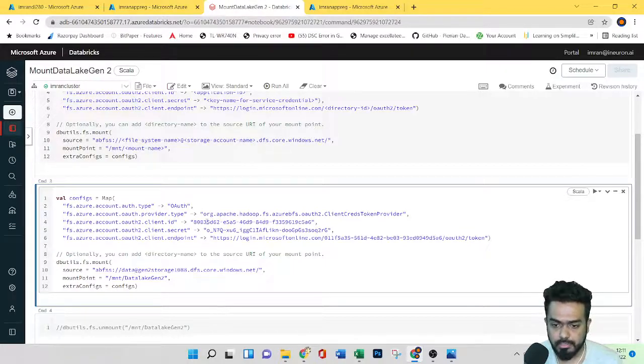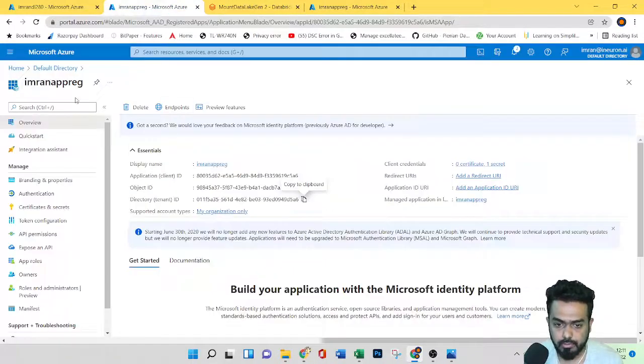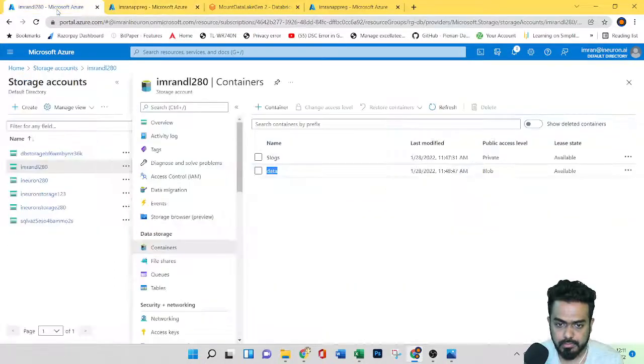Here I need to provide the storage account name. Sorry, the storage account name is Imran data lake 280.